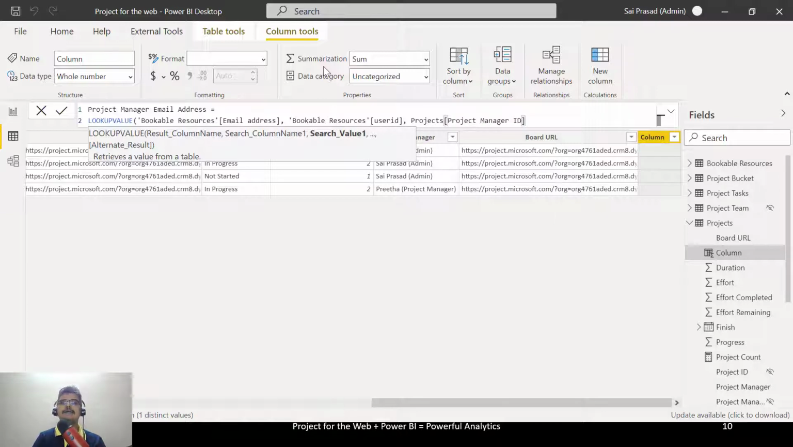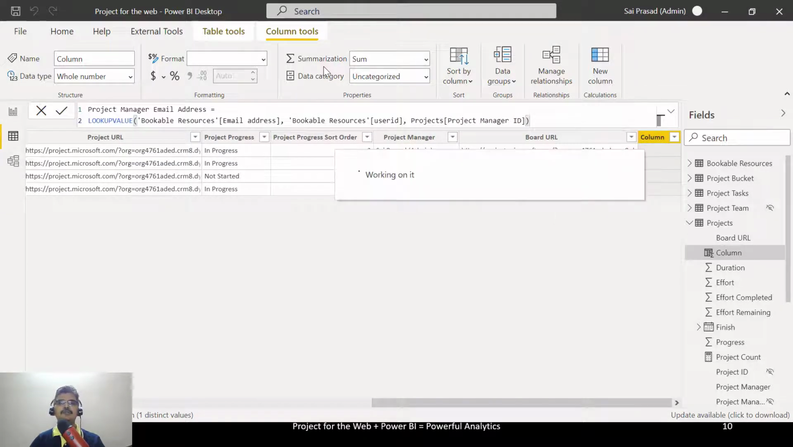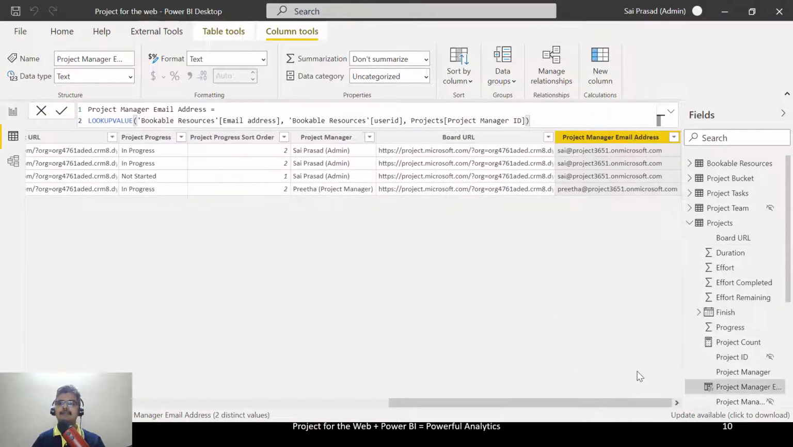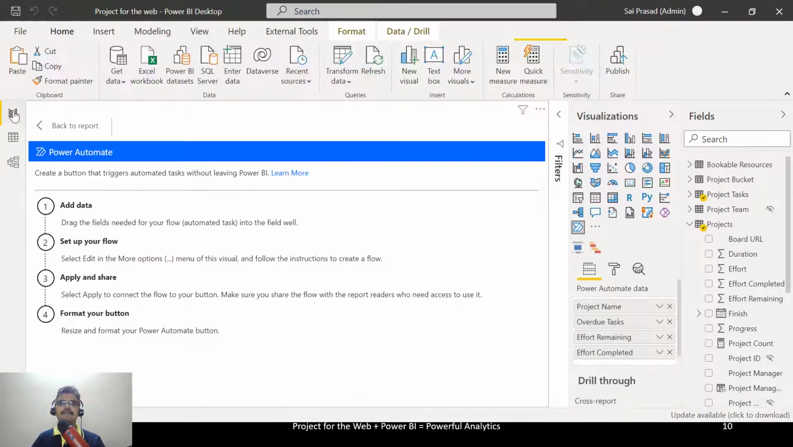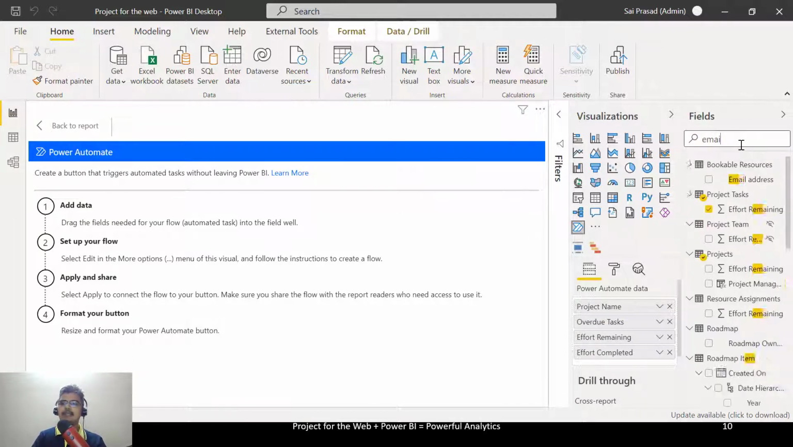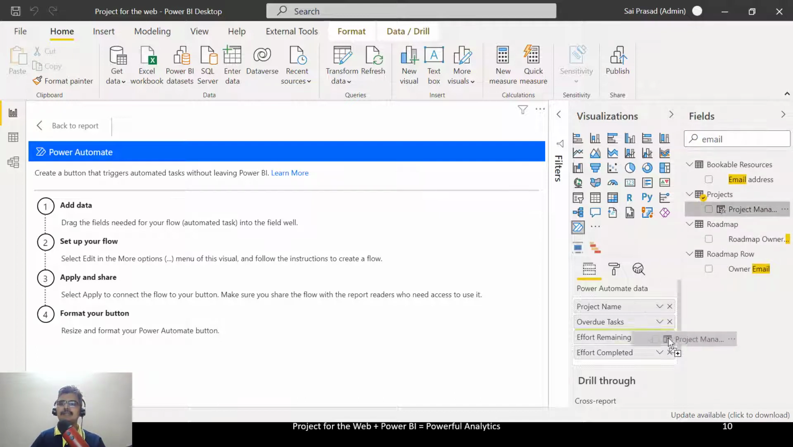Okay, so let's close this, and I should be able to get the email address here. Okay, good. So now we have the email address. We can also pass the email address as a part of this flow right now. So let's have the email address of the project manager as one of the items to be passed. Okay. So once it is ready, now we need to focus on how to create a flow from here,